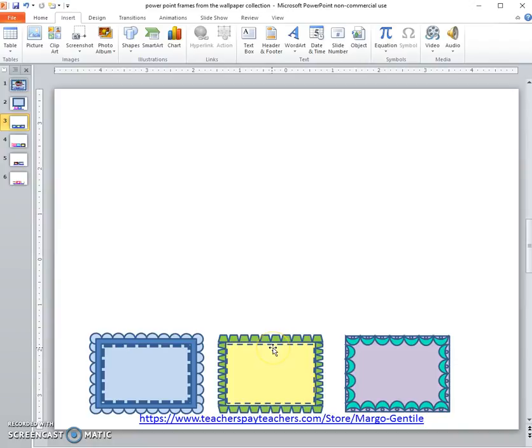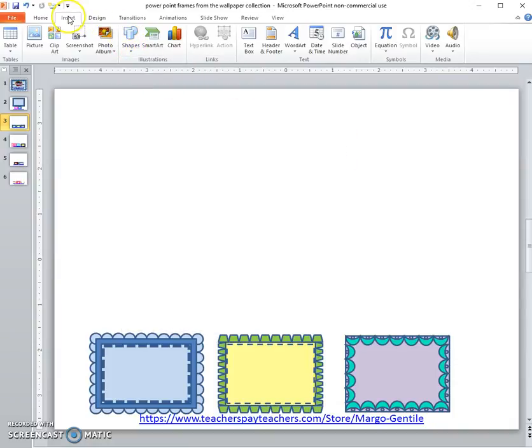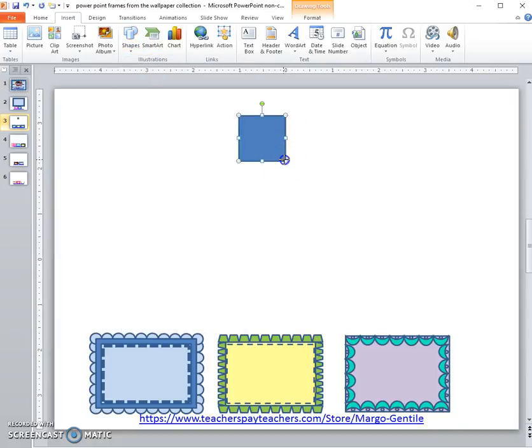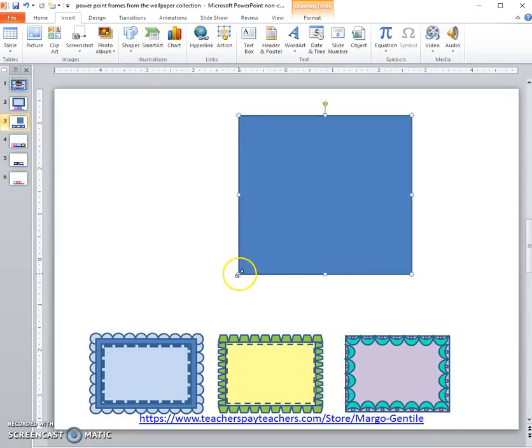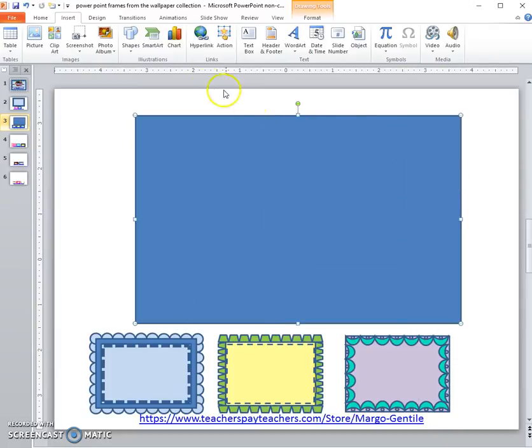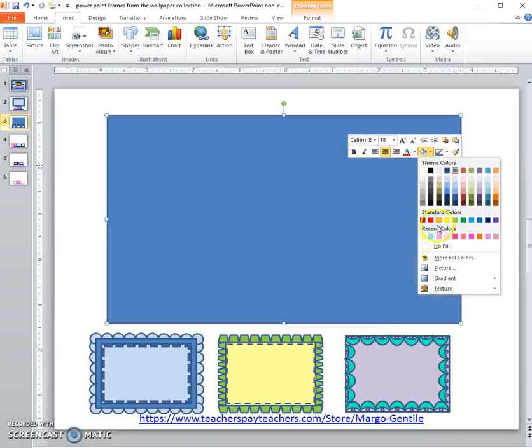Let's try this one. So what I did was I went to Shapes. Actually, if you're starting from scratch, you would click Insert, then go to Shapes, then choose a rectangle. You would make this rectangle not quite to the edge of the page. You want it to fit almost to the edge of the page because you're going to add this little design around the edges, which makes up the frame. So in this one, I chose a soft yellow for the interior,